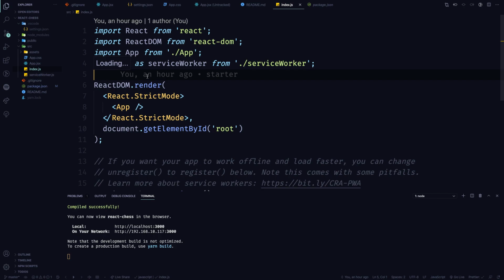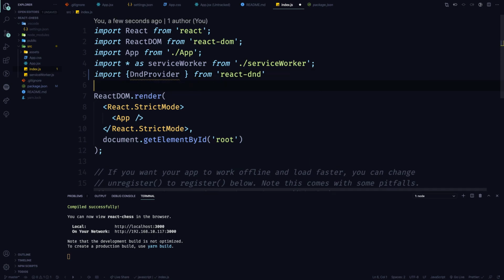So we need to wrap everything in that provider. I'm currently in the index.js file, and here I'm going to import from React drag and drop the D&D provider. So this is what we need to wrap everything, and we also need to import the backend that they provide. So we need to import this for React drag and drop